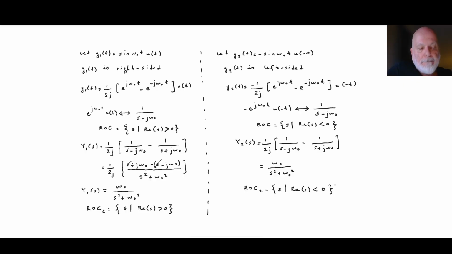So we have just calculated the Laplace transforms of the right-sided signal sine omega 0 t u of t and the left-sided signal minus sine omega 0 t u of minus t. Now that minus sign is just for the sake of obtaining the same expression for the Laplace transform in both cases. However, the convergence regions are